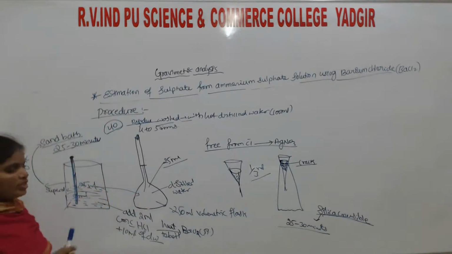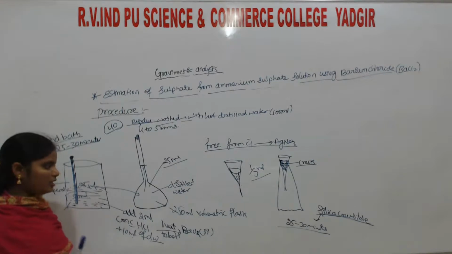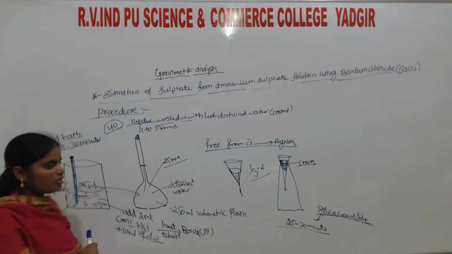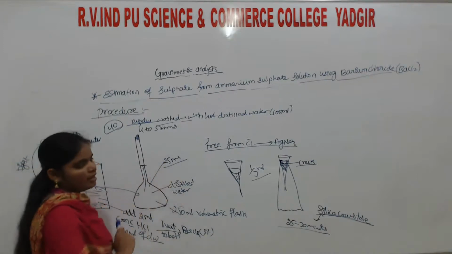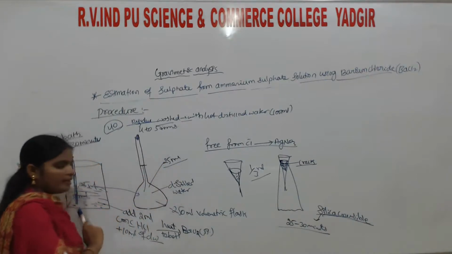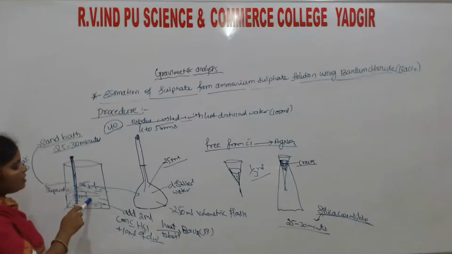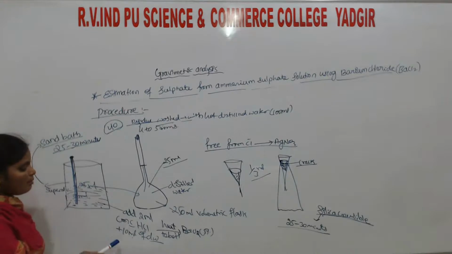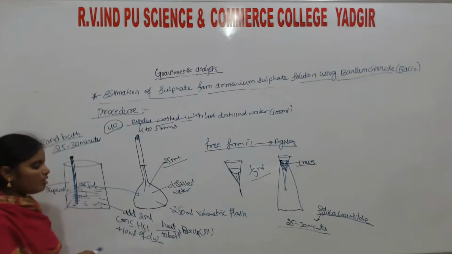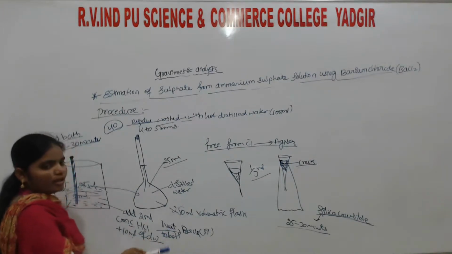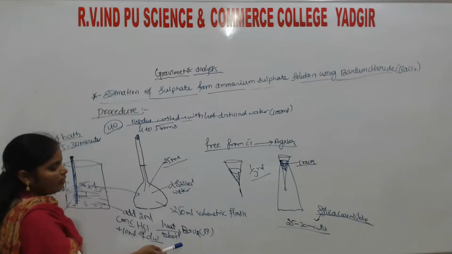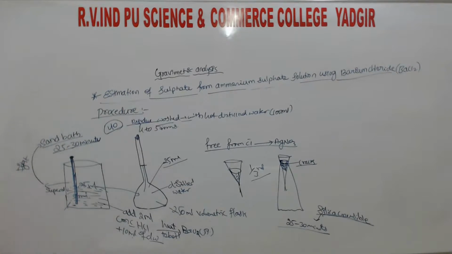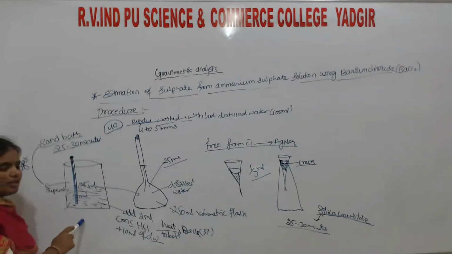Afterwards, shake well to make it a homogeneous solution, and take 25 ml of this diluted solution in a 500 ml beaker. Afterwards you add 2 ml of concentrated HCl plus 10 ml of distilled water. Then you heat till nearly boiling, then you add 5% barium chloride solution, and the barium sulfate precipitate